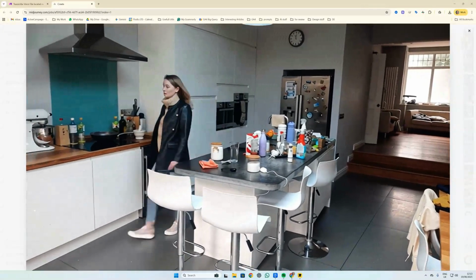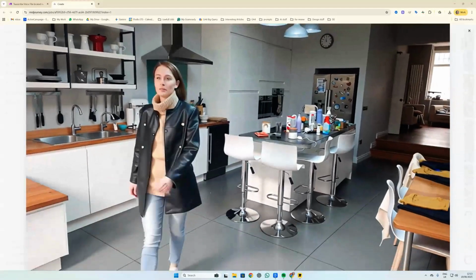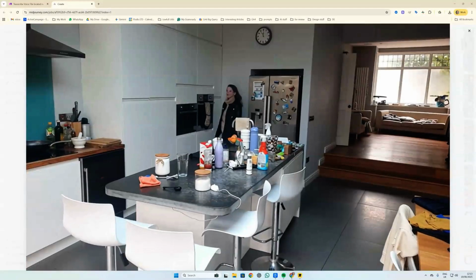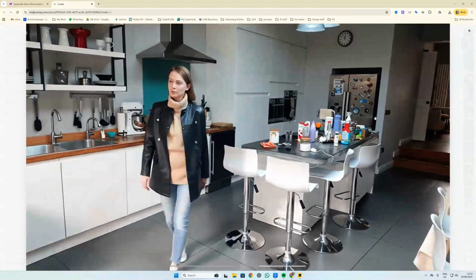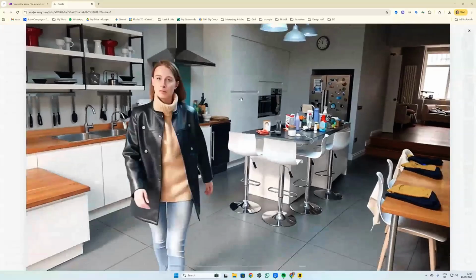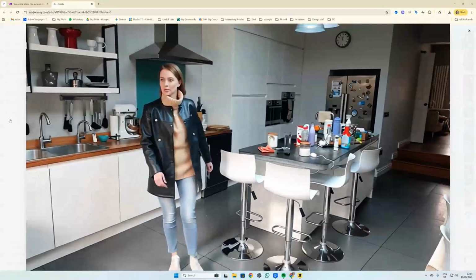Now, this kind of is my kitchen, but I don't know who she is. This is just a Midjourney prompt to show walking around the kitchen. It's hilarious because she literally springs out of my fridge. Anyway, enough of this nonsense, and let's go to something useful to illustrate the problem.